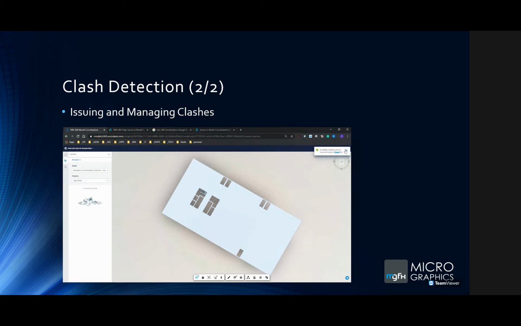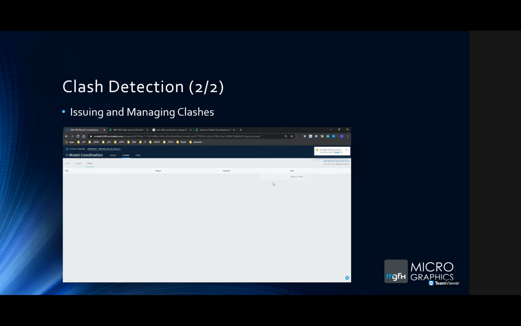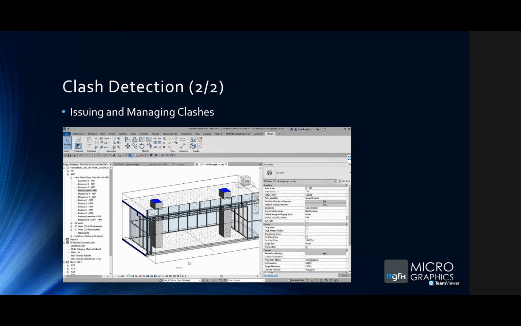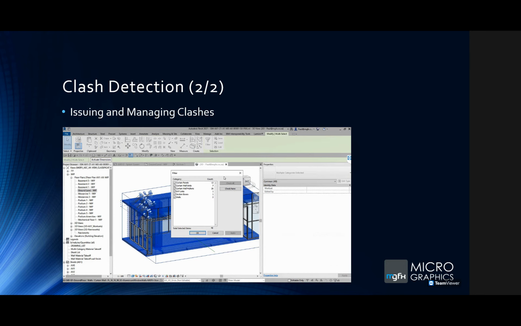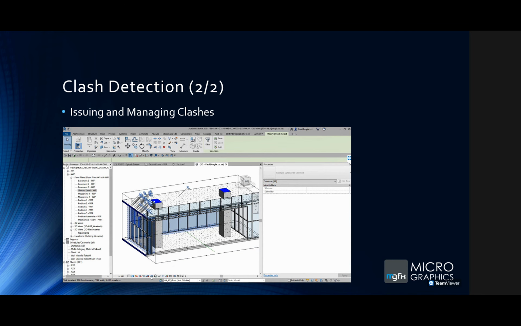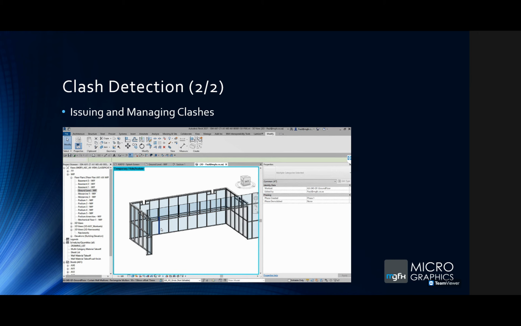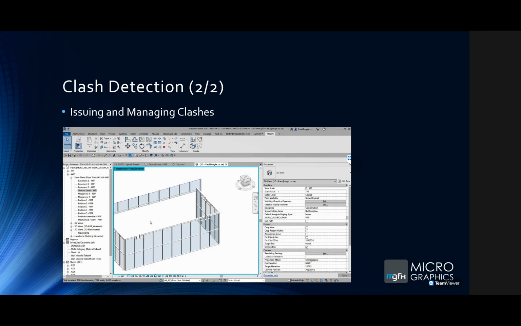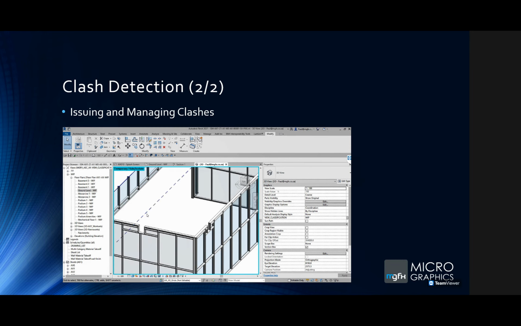I think the one element which is not as strong as what Navisworks would be is being able to switch back into Revit, for those of you that are familiar with that, where we can navigate into the Revit model where there's a clash. So one would just have to find those elements. But the other nice thing about clash detection within BIM 360 is it gives you the element IDs of those elements. So you would be able to cut and paste and select elements by ID within your Revit model, maybe type BX within a 3D view to isolate that element. So there are ways and means that we can work around the